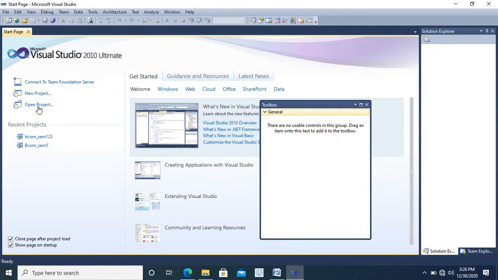So here we need to open the project, to open the already created project where we'll be creating all the applications.